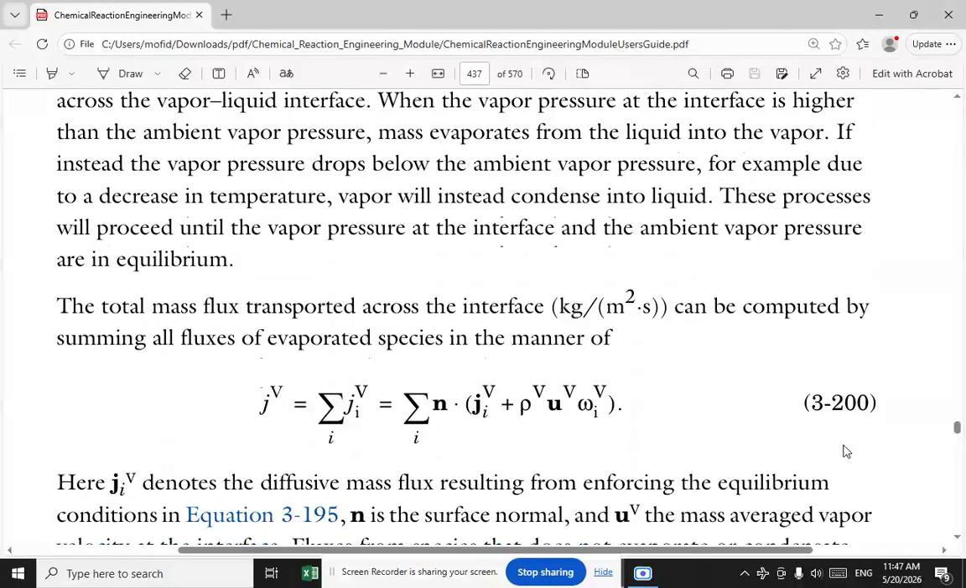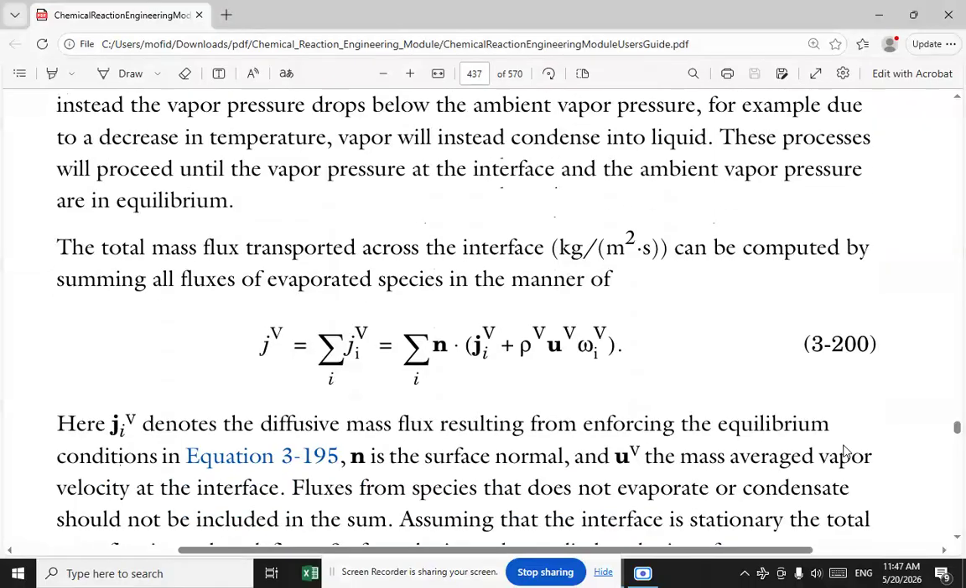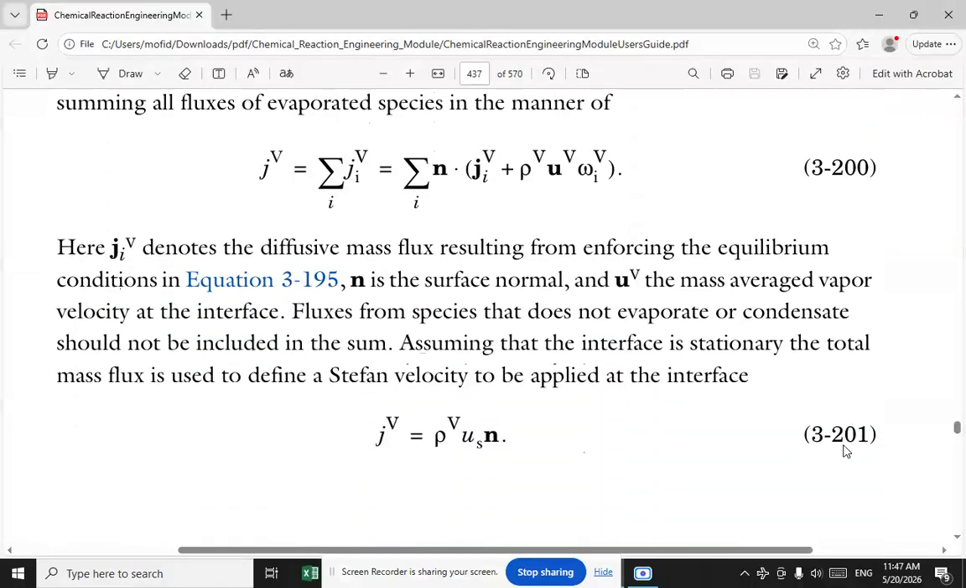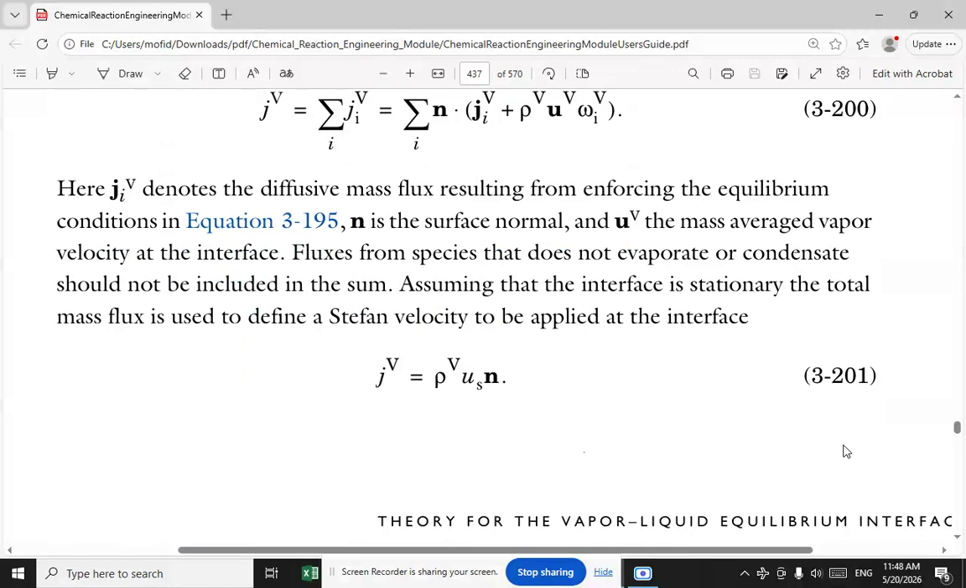The total mass flux transported across the interface, in SI units kilogram per square meter second, can be computed by summing all fluxes of evaporated species in the manner of equation 3-200. Here, G_i^V denotes the diffusive mass flux resulting from enforcing the equilibrium conditions in equation 3-195. n is the surface normal and u^V the mass average of vapor velocity at the interface. Fluxes from a species that doesn't evaporate or condense should not be included in the sum. Assuming that the interface is stationary, the total mass flux is used to define a Stefan velocity to be applied at the interface, such as